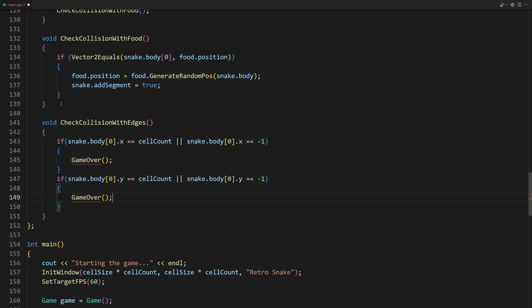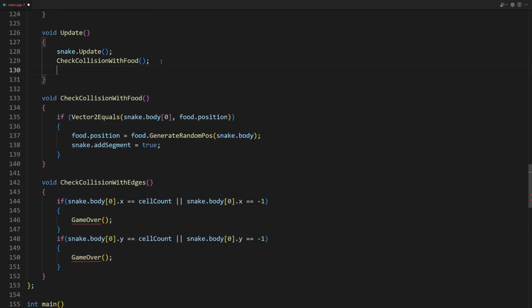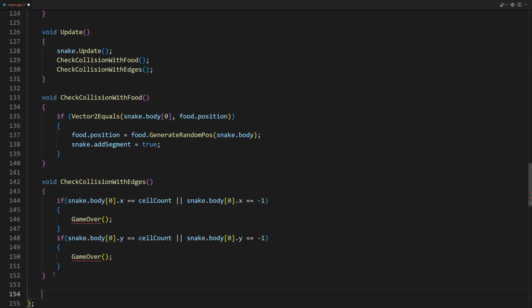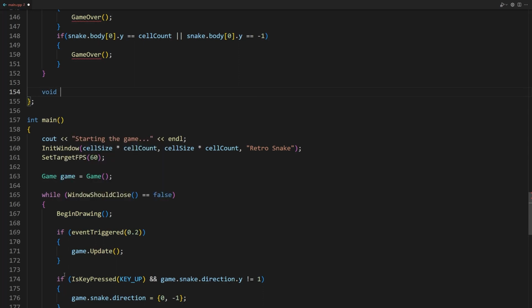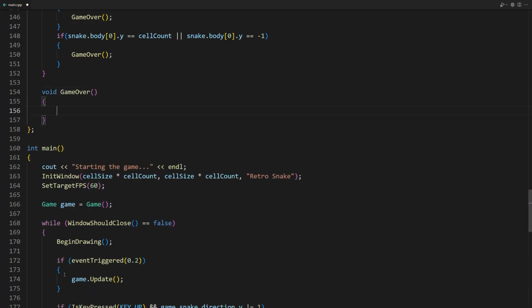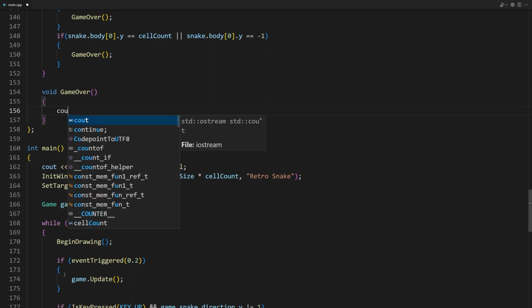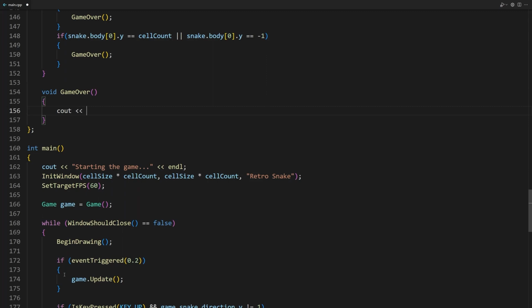Now let's call this method in the update method of the game class like this: CheckCollisionWithEdges. It is now time to create the GameOver method. void GameOver() { }. At first, let's print a message to see if the collision with the edges of the game window works. cout << "Game Over" << endl;